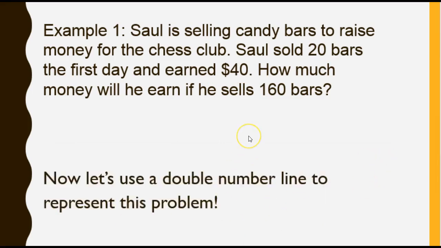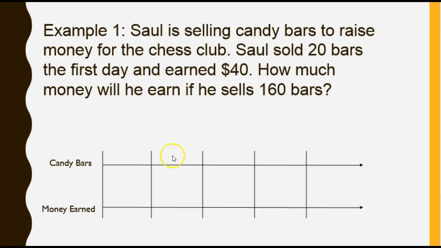So now let's use a double number line to represent the problem of finding how much he would earn for 160 bars. I do this just like I did in my ratio table. We already know we have a 1 to 2 ratio, which means that for every candy bar I sell, I'm getting $2. So if I'm actually starting out with 20 bars,